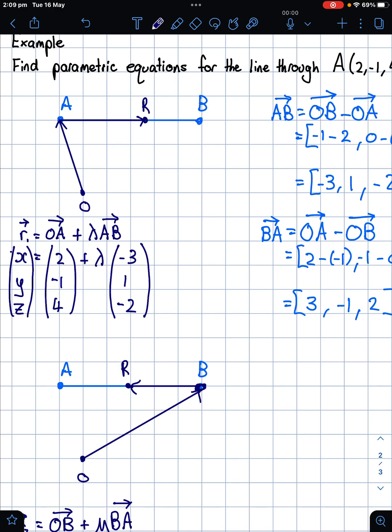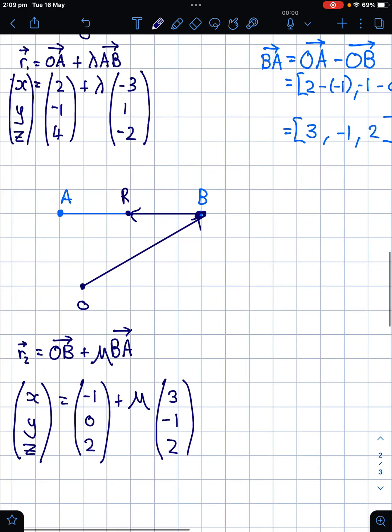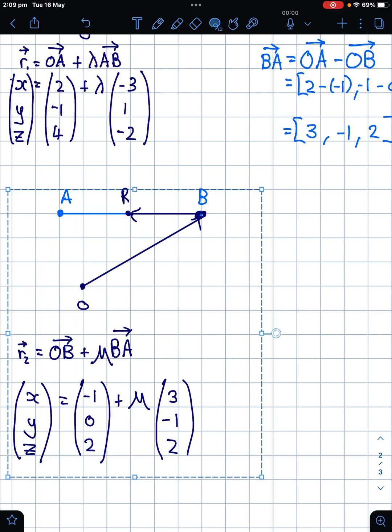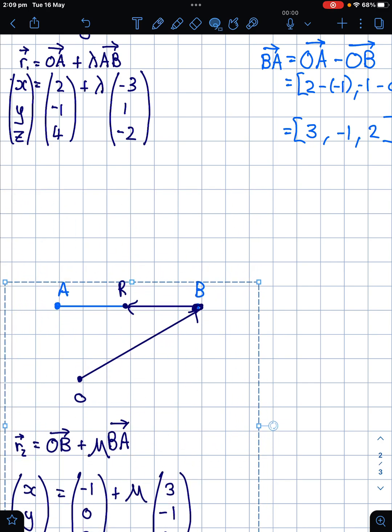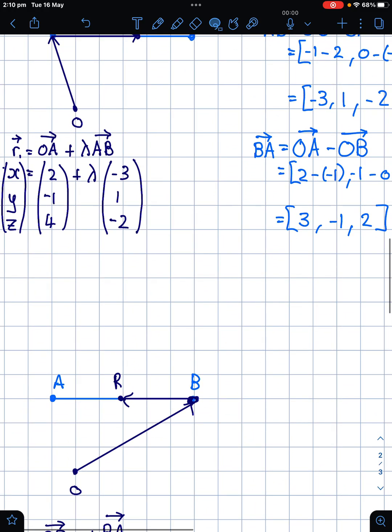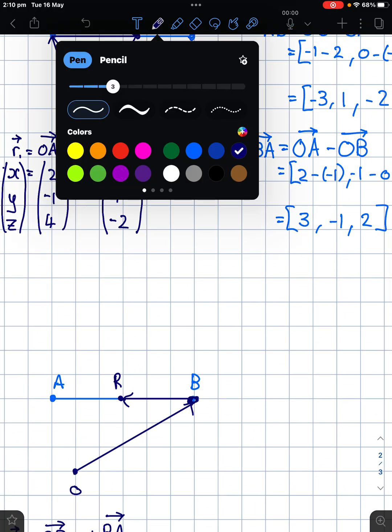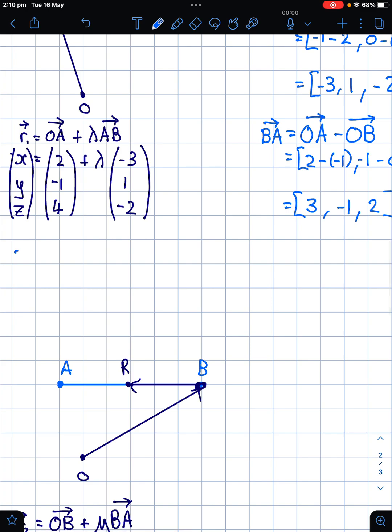Now the question actually asked us to find parametric equations. So we haven't found them yet. We've found the vector equation. So we need to specify here. So I'm going to have to just move this down a touch so we can fit. Okay, so this here, let's change back to light blue. Our parametric equations here are going to be